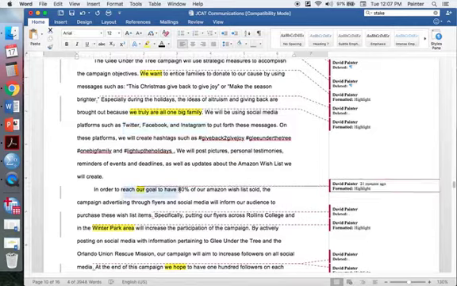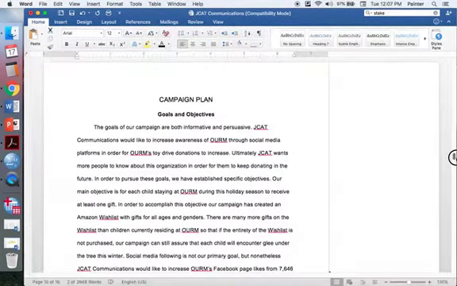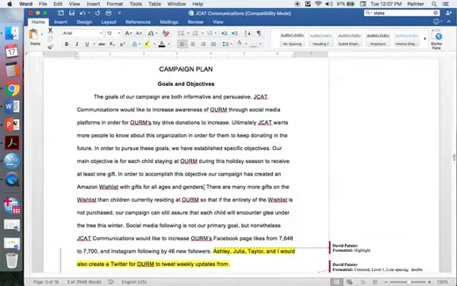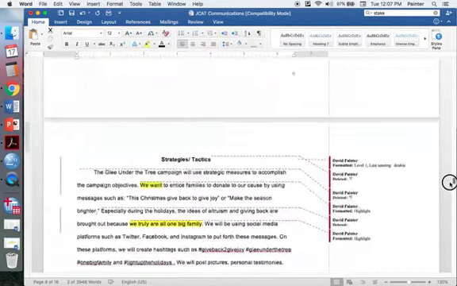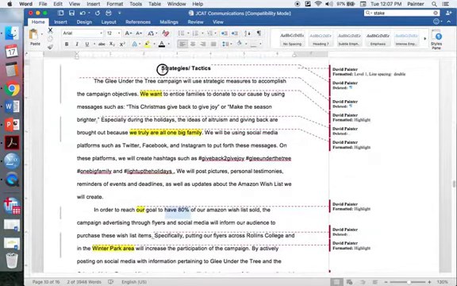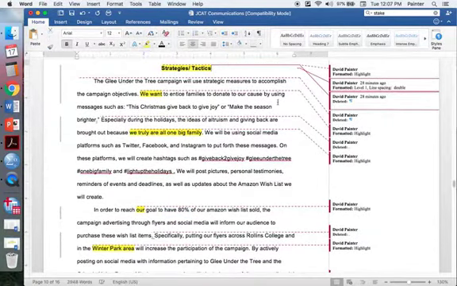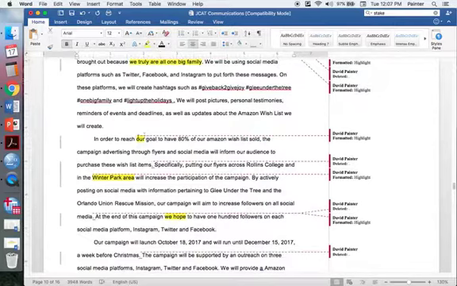Now you're talking a goal. This is an objective, right? Because it's a number. Is that in your objectives? Do you have 80%? No, it's not here. So that's a problem. You've got a new objective in your strategies and tactics, which should be two different sections. So it doesn't make sense here. Amazon would be capitalized, right?